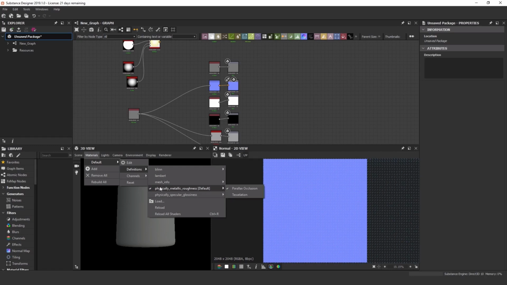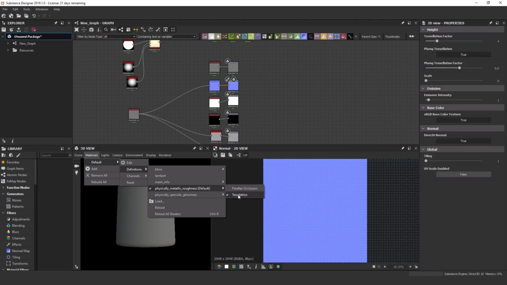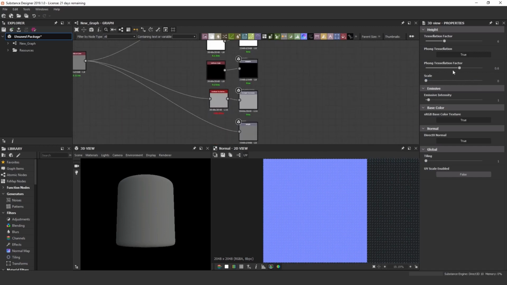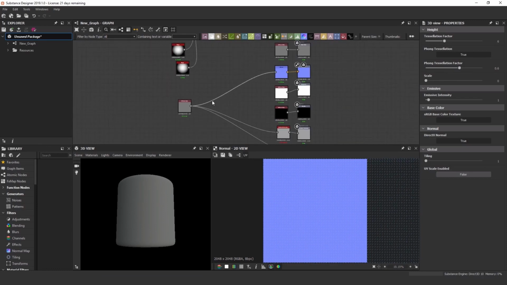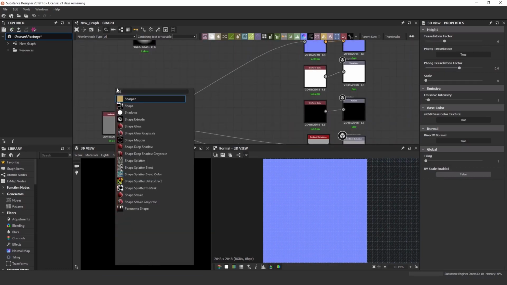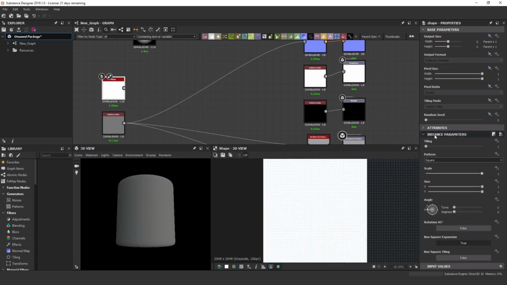Another really cool feature that I love using with the metallic roughness or specular glossiness is the tessellation setting. So once you select tessellation, we'll get a few different settings to manipulate inside of your properties. For example, if you have a height map plugged in, we can change the tessellation factor and the scale of it. Right now, we don't have much height information going on, but let's do a quick example and plug something in. So if we went and did, let's do a shape,